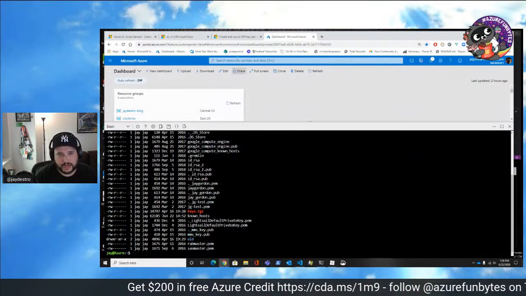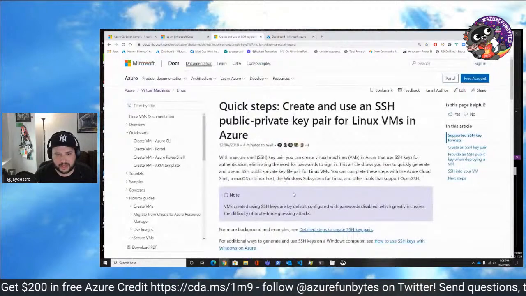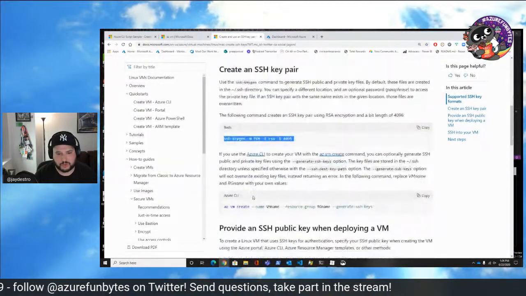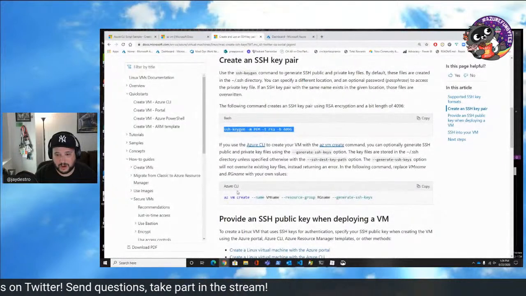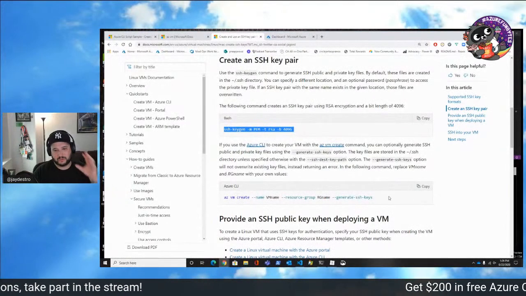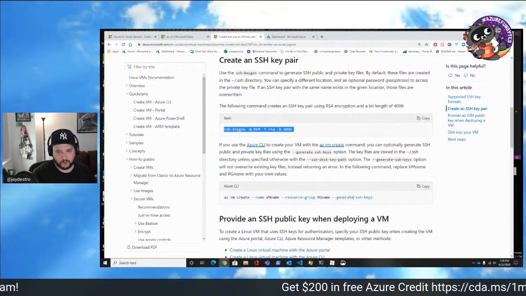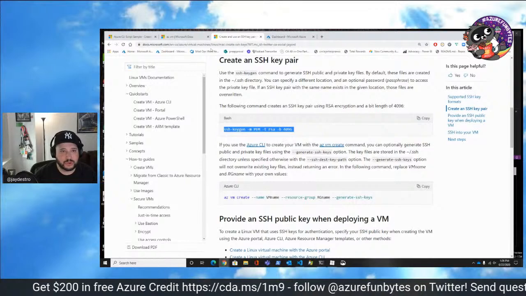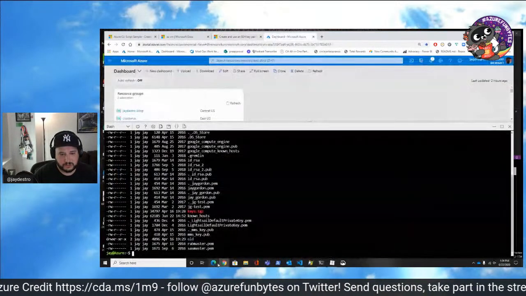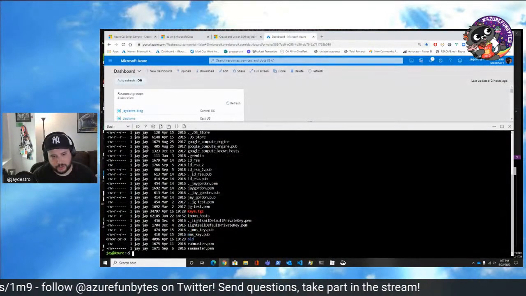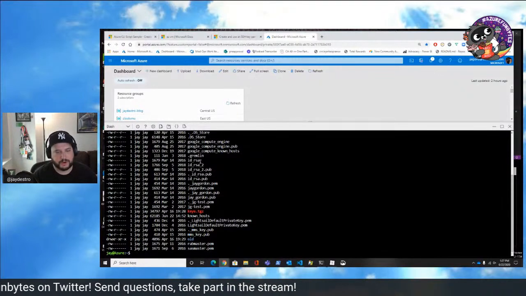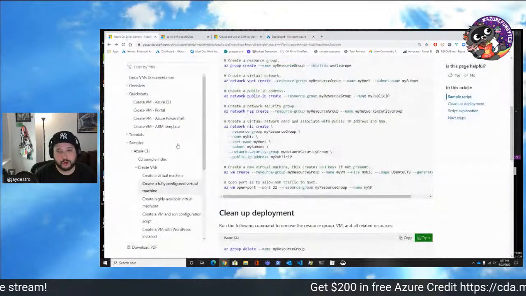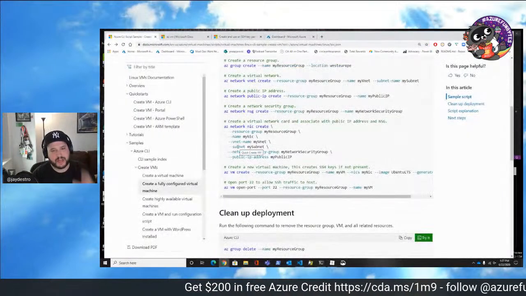But we need to create an SSH key to actually accomplish that. To create an SSH key pair, it's just as simple as running this command or generate SSH keys, and it will automatically create that key pair for you. Then we'll always keep that key pair and use it. As long as this is persisted in storage, all other new VMs are always going to use this private and public key pair for new servers. So we've got an SSH key.